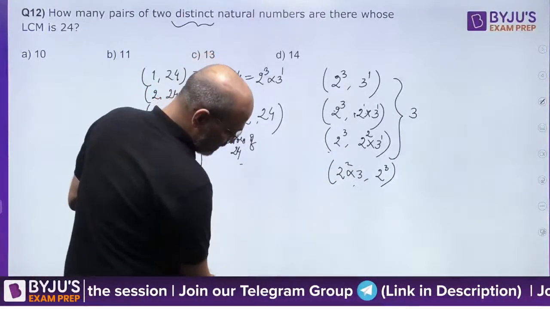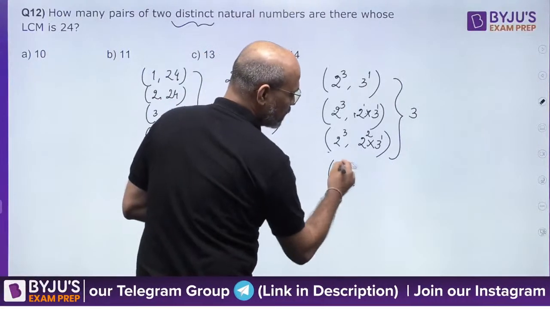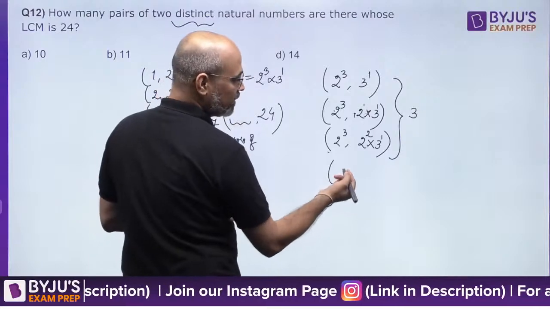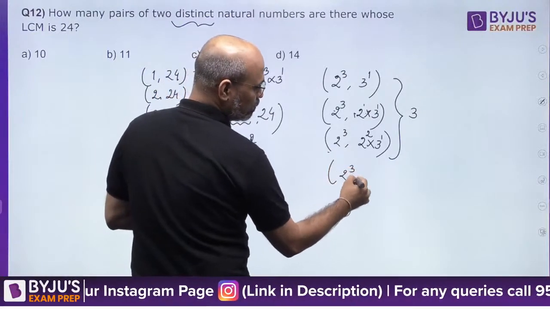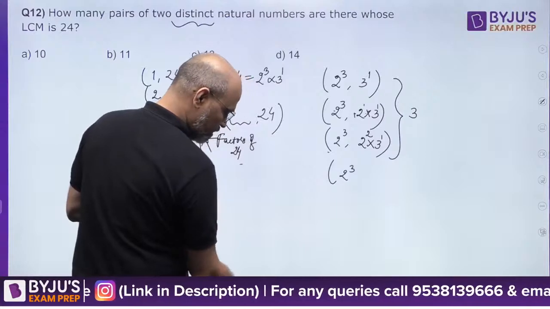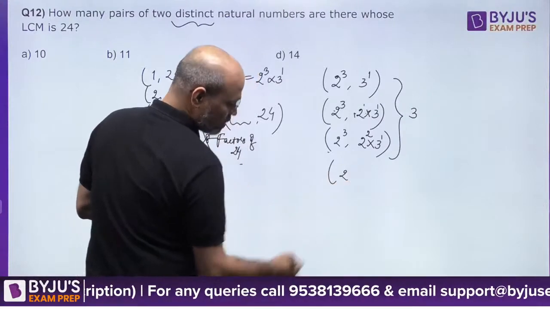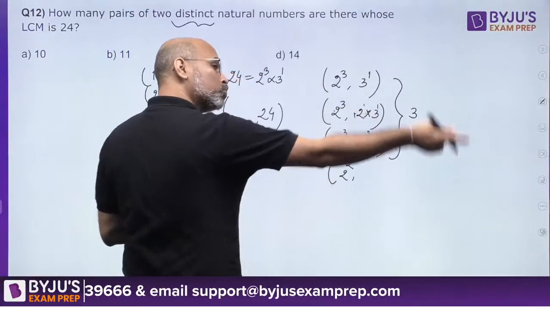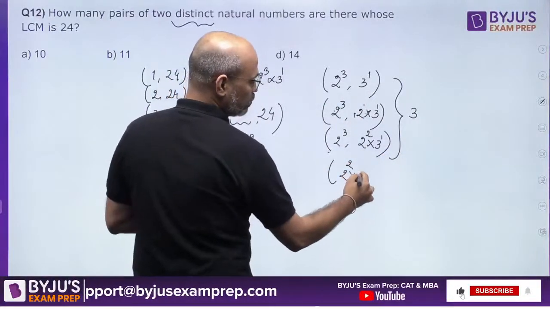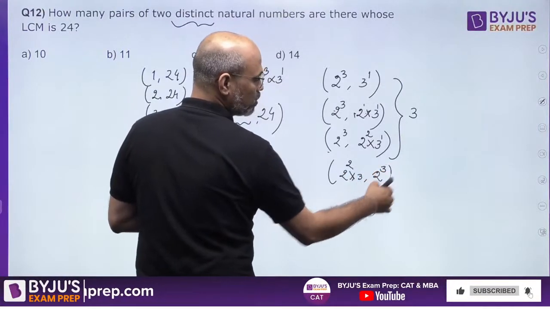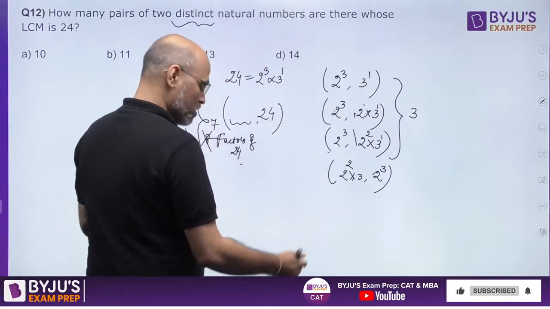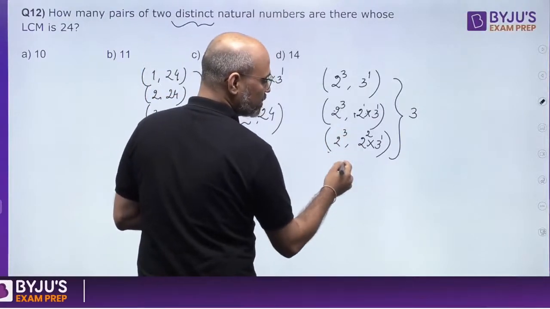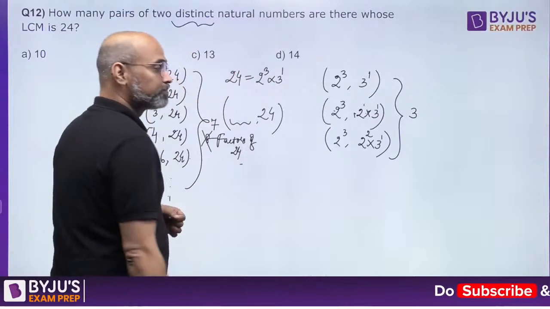Okay. Can we do something like 3 on one side and maybe 2 cube on the other side? As in 2 cube, here we can't take 3. Now if you make this 2 square here, then for the 2 cube we need 2 cube on the other side. So if we make it 2 square into 3, we need 2 cube on the other side. You will realize that it's again a repetition. So no matter what you do anymore, you will not have any other pairs of numbers that is going to